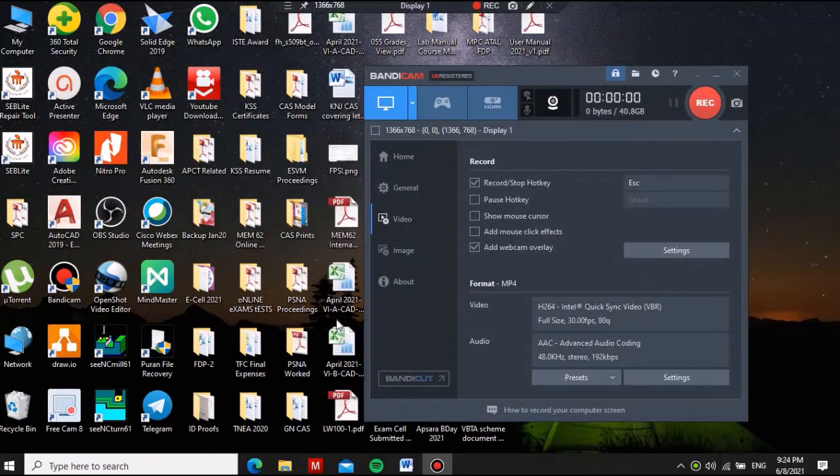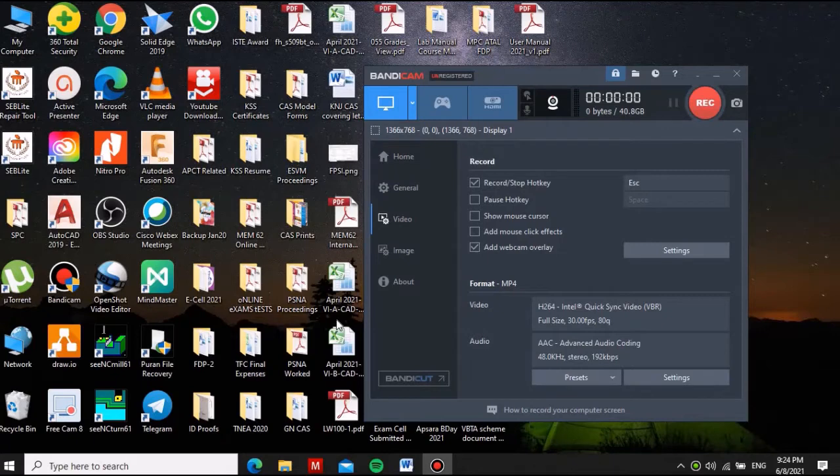The other advantage of using the Bandicam software is you can capture the desktop screen of your PC or laptop. So this will be very useful for recording the simulation of softwares and other experiments. Whereas in the PPT to video conversion method, you can only make videos for your theory lecture.